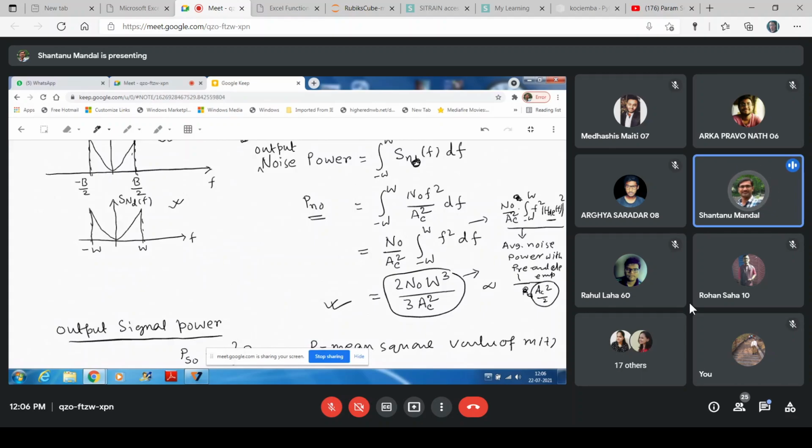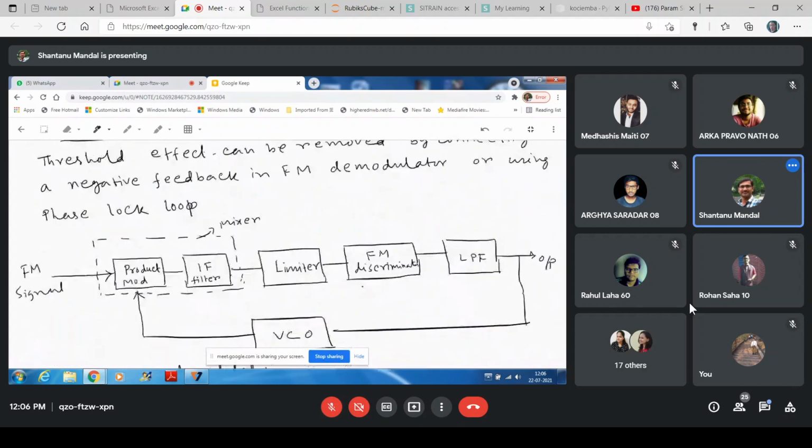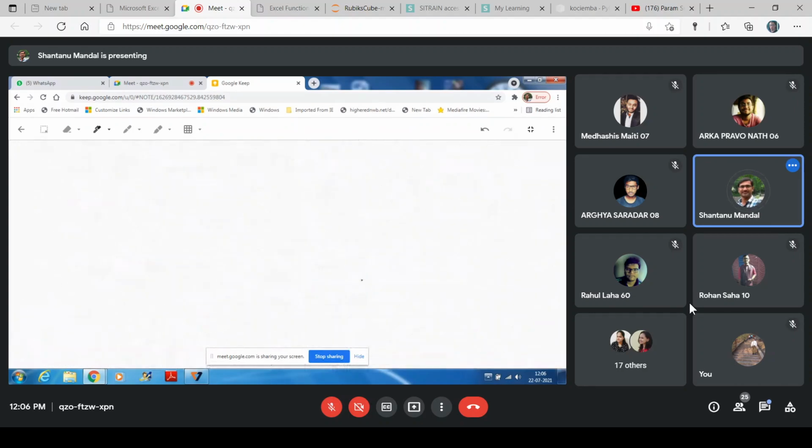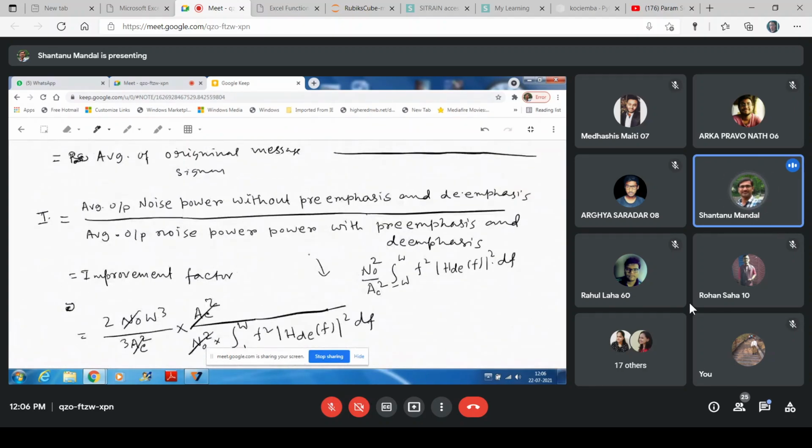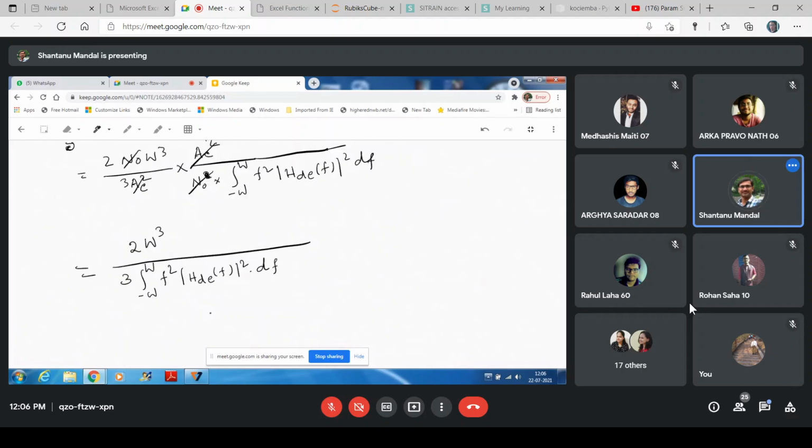So this is N0, not N0 square, it will be AC square by N0. Yes, N0. So this is the improvement factor